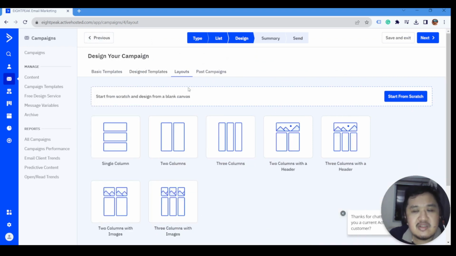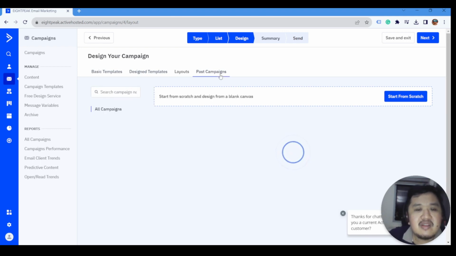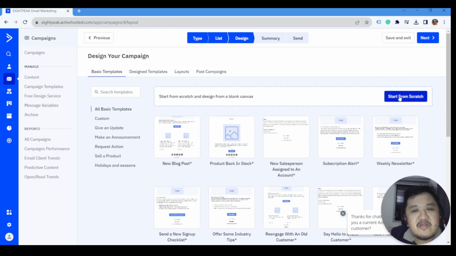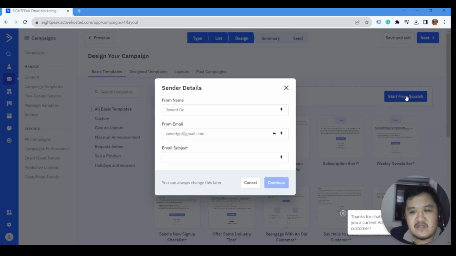And layouts is simply defining the layout of your email, like a two-column email, a three-column email, two-column with a header and everything. And past campaigns is where, if you have several campaigns that were sent before, you can use those. It kind of duplicates it, and you can use that for the particular email you're creating right now. So we'll just go and start from scratch so that you can see the email designer in action. I'm going to click start from scratch,